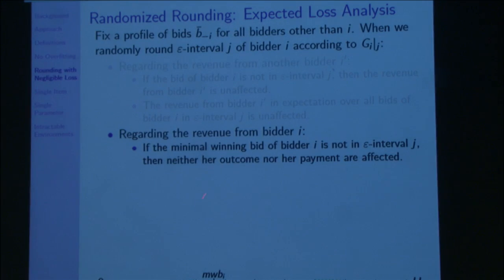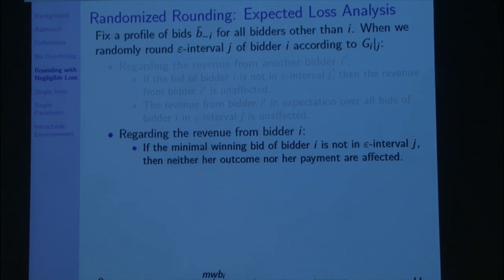Why? Because if his minimal winning bid is not in the epsilon interval that we rounded, then any bid that used to win still wins. Any bid that didn't win still doesn't win. His minimal winning bid is unchanged. If he bids anything